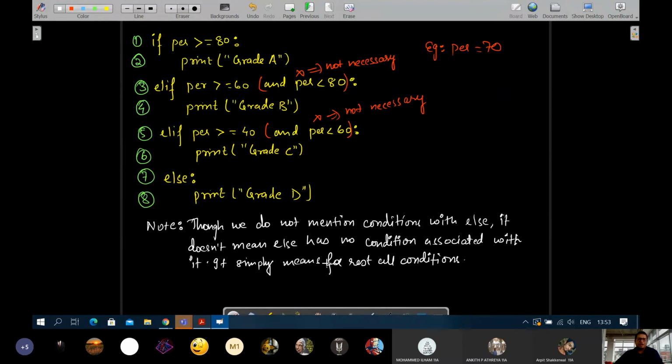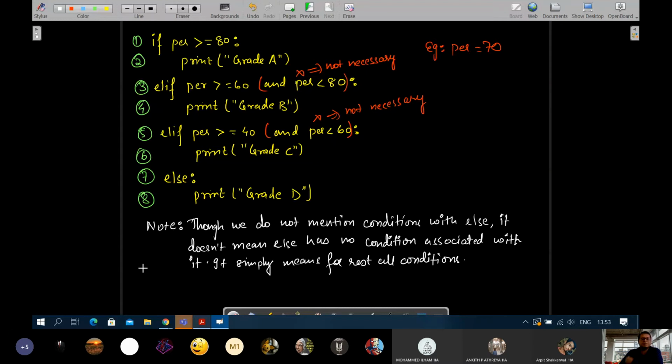Else doesn't have a condition, but that doesn't mean any condition is not associated with it. It simply means for rest all other possibilities, do this. It has all other conditions associated with it implicitly without mentioning.